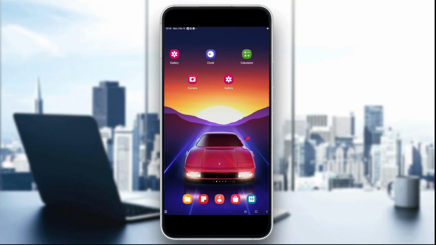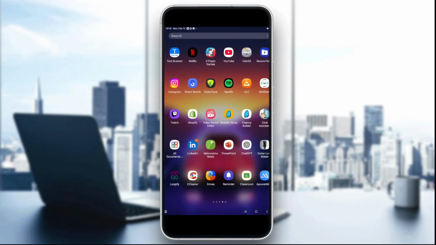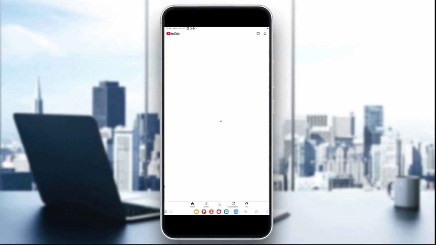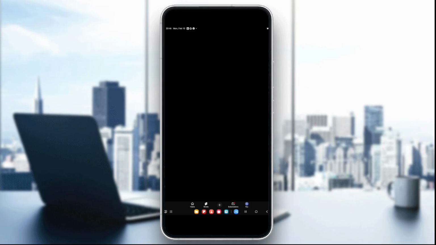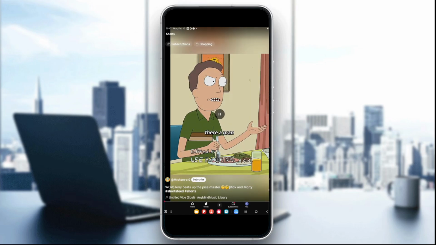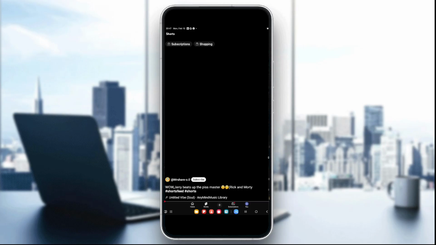The second step is to adjust YouTube playback settings. Now to do that, just open the YouTube app and then click on the Shorts section to access the Shorts right here, as you can see. I'm gonna pause the video. Now here, tap on the three dots in the top right corner, right here,